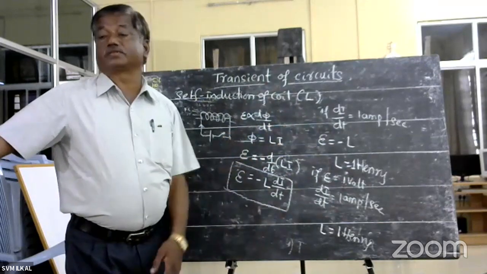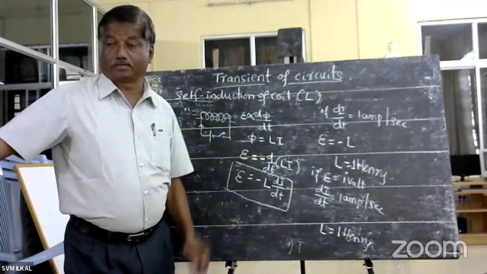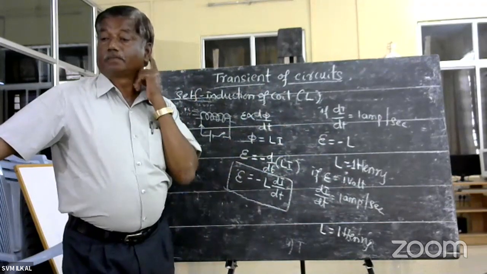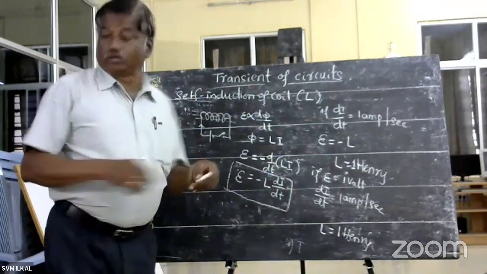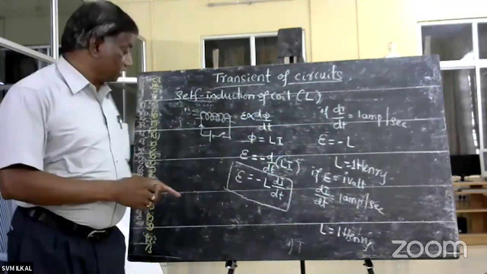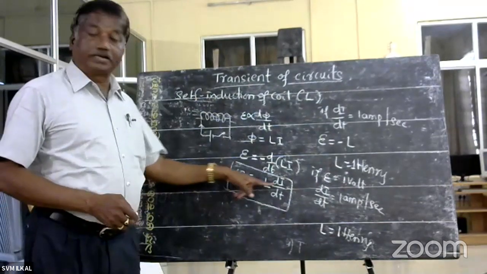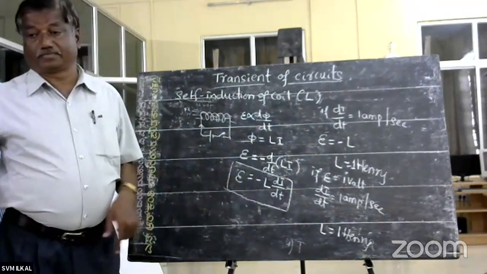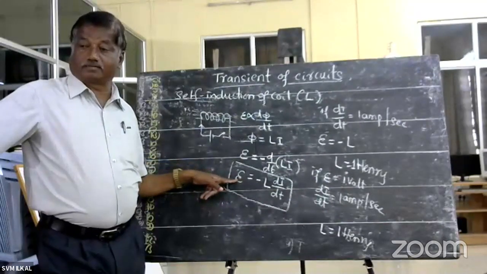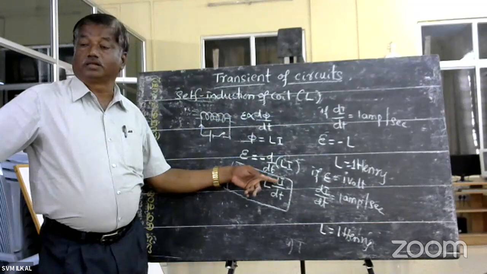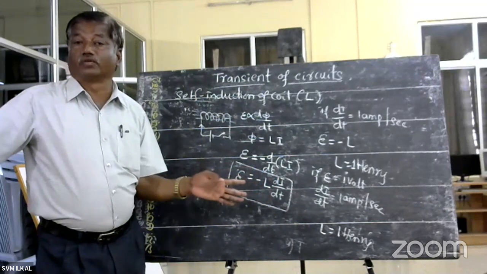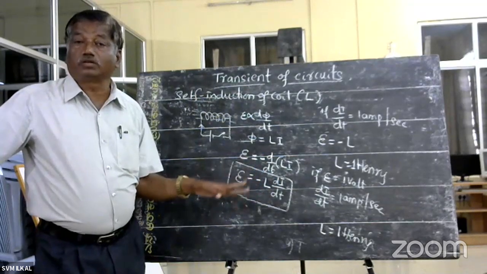This is the definition for coefficient of self-induction. Self-induction is nothing but the generation of EMF during the change of current. Just important: epsilon equal to L di by dt. EMF is generated only during the change of current. If there is no change of current, if constant current flows in the circuit, there is no EMF induced in